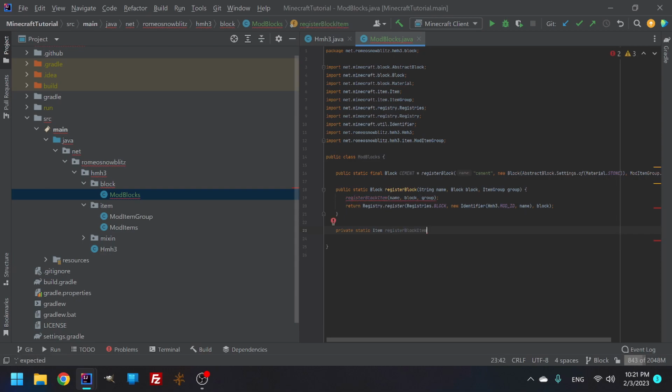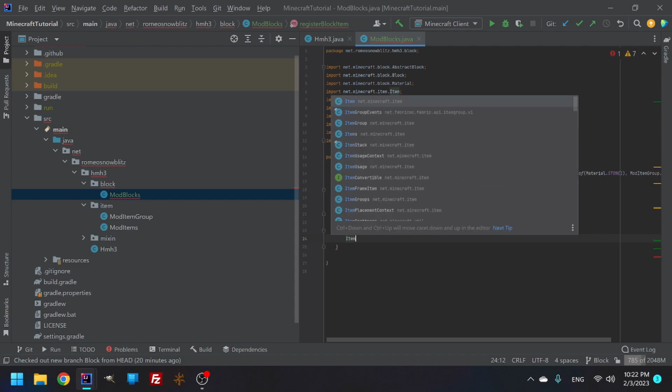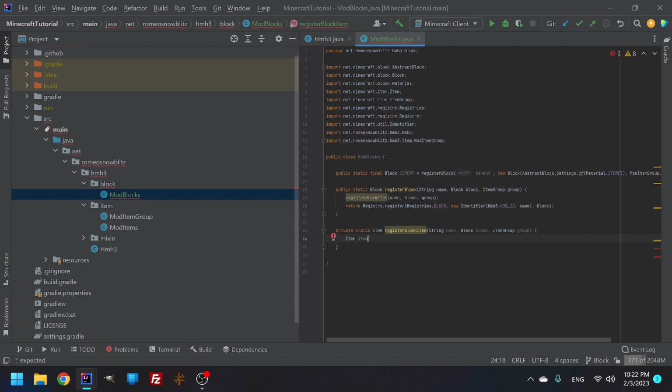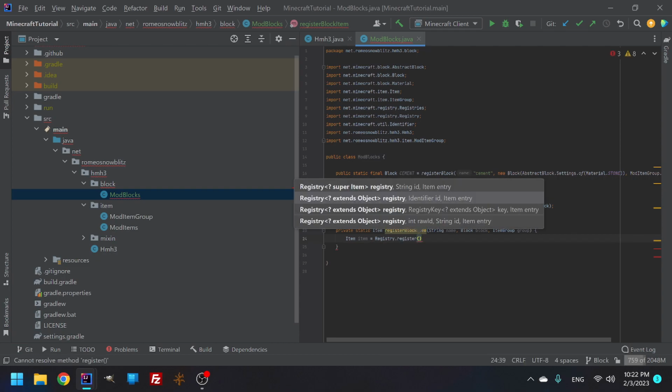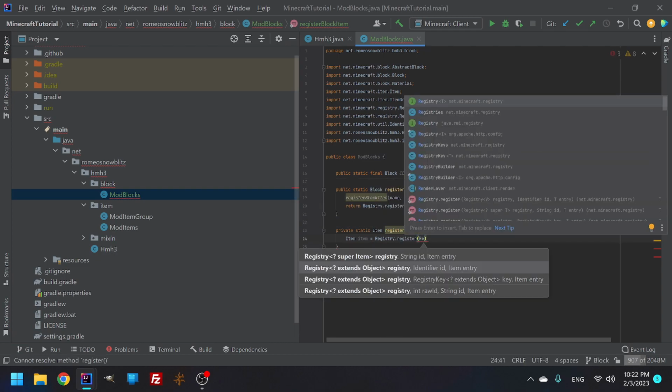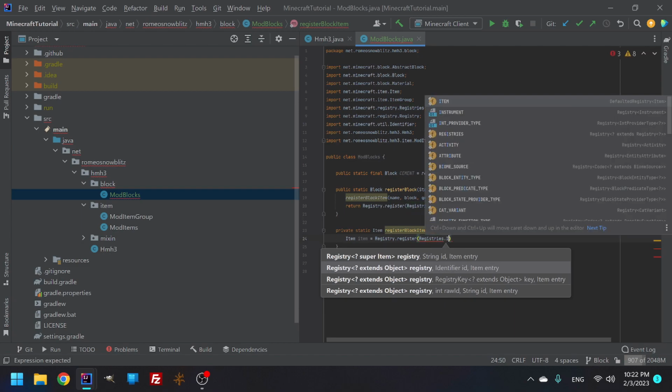So now this is what we're working on, and it's going to need the string name, block, and then item group, and then from here we are going to need item, and it's going to equal registry dot register, and then it's going to need Registries dot item,